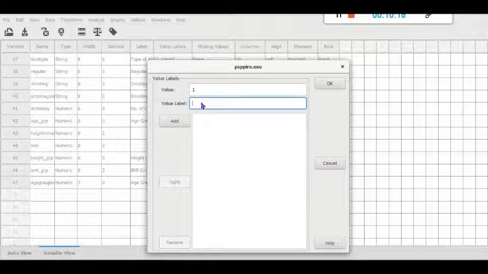In the first value, the class interval was 24 to 29 years. Then add. Second value is 30 to 34 years.